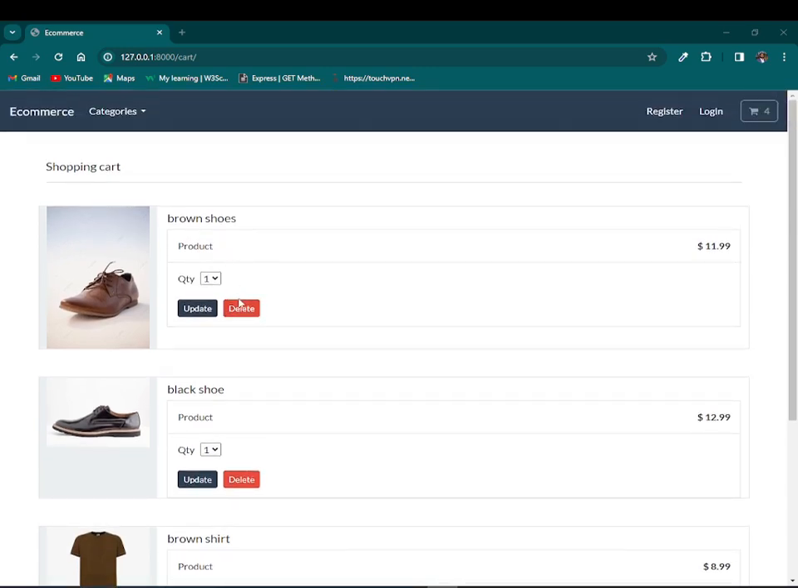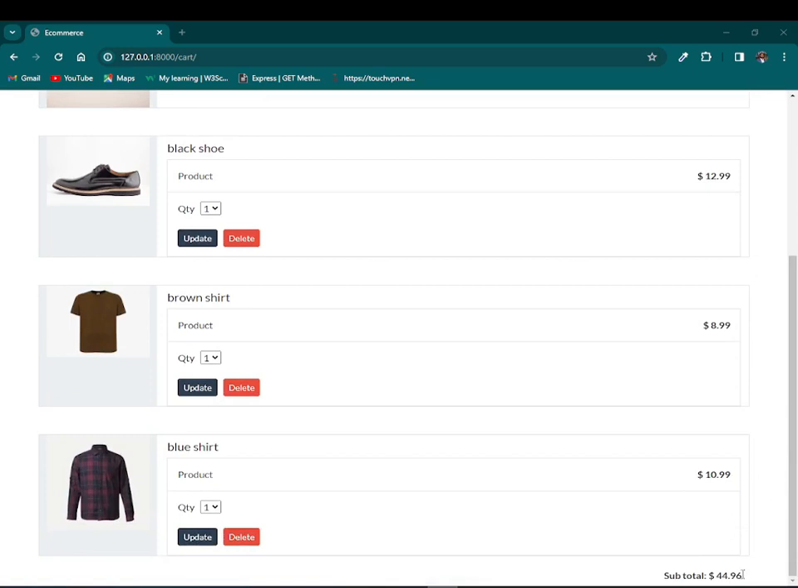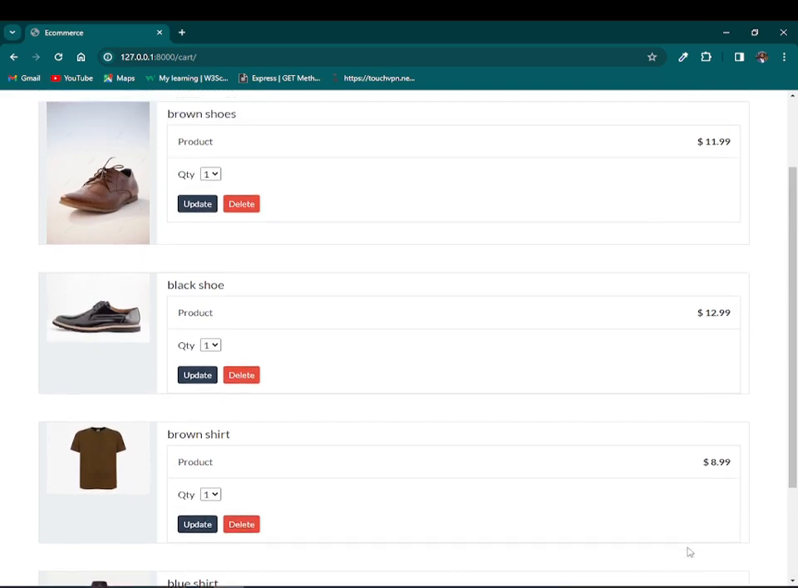So what we want is that whenever we click our delete button, we want to delete that particular product from our session in cart, and we also want a decrement here. So we want to recalculate our products in our session, and also recalculate our subtotal after deleting